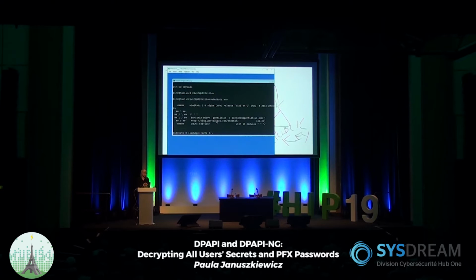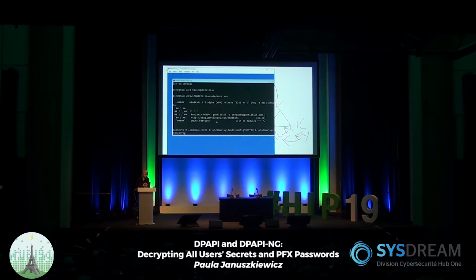So let's do it. LSA dump cache, and we're going to override cache logon data based on Windows, system32, config, system, and let me explain why system in a second. System32, config, security, and we're going to do /kiwi to override cache logon data.